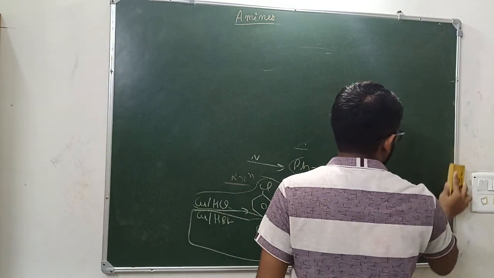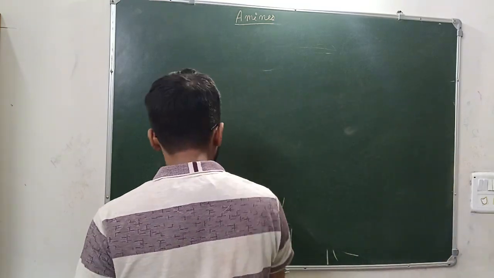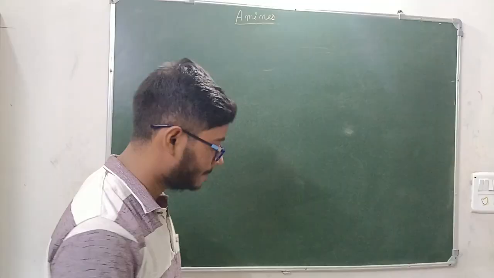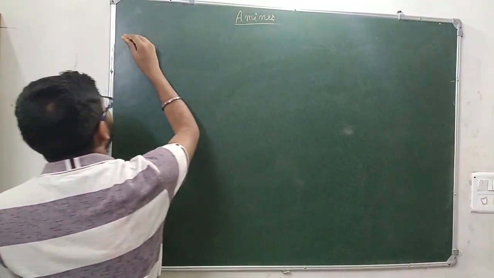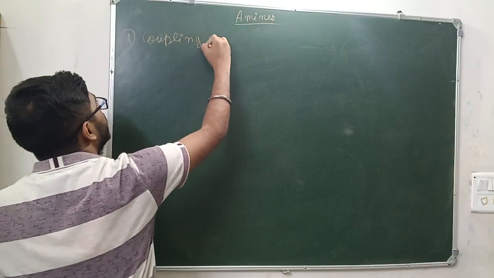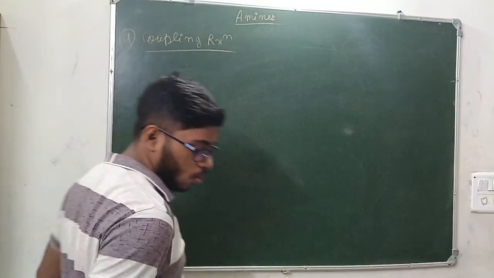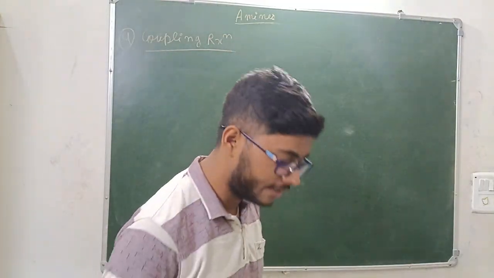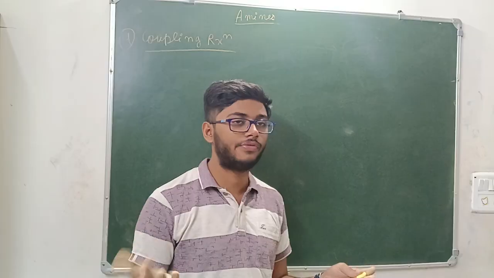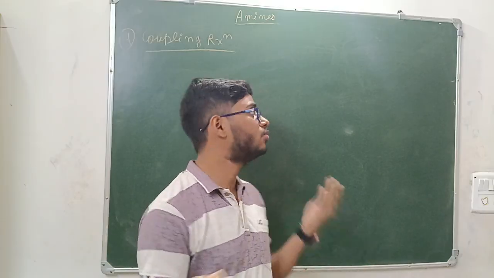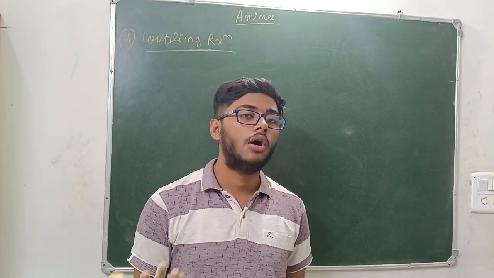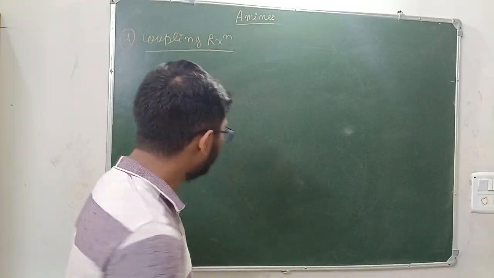Now, last but not the least, a very important reaction that is asked in the final steps of any organic chemistry question, that is coupling reaction. Yeah, the name is offensive, but never mind. What is this coupling reaction? See, it is the reaction of diazonium salts with phenol etc. to give colored compounds. That is the coupling reaction. Here we will be learning the preparation of two different types of colored compounds, orange dye and yellow dye. Okay, let us see.